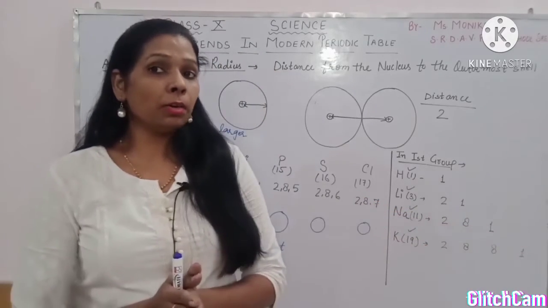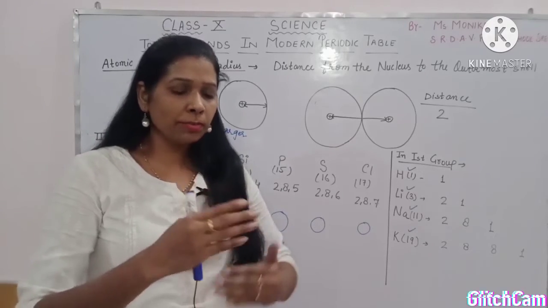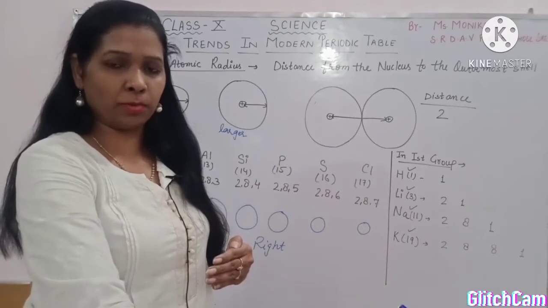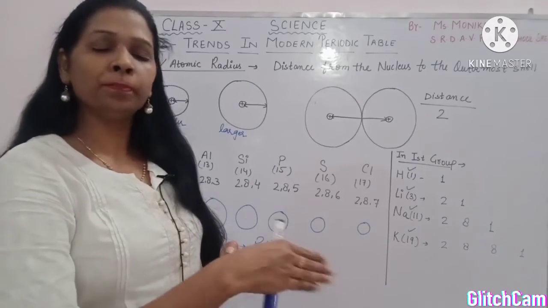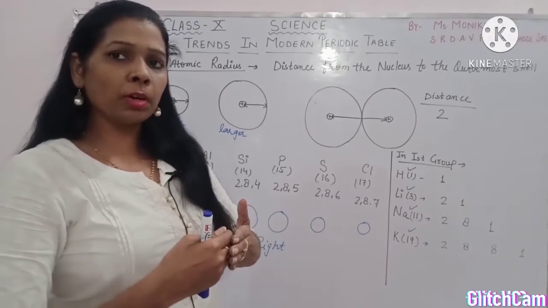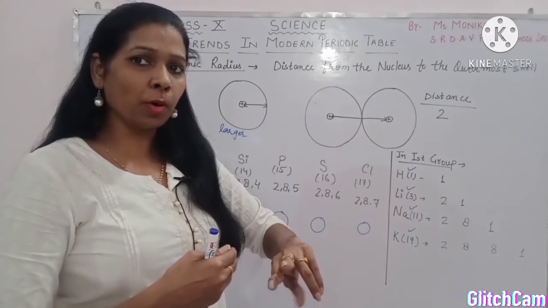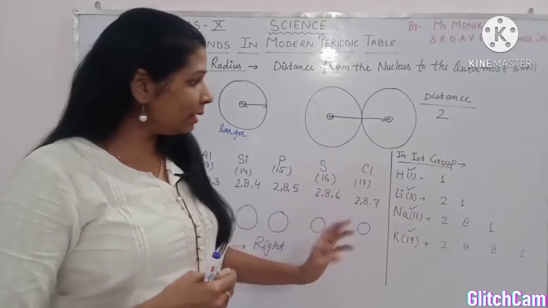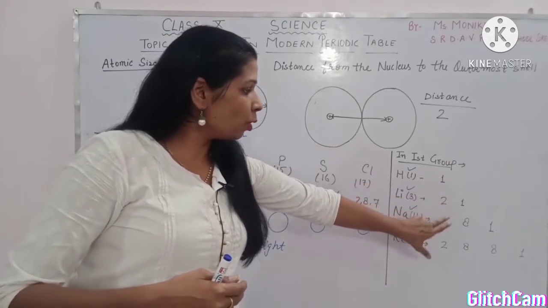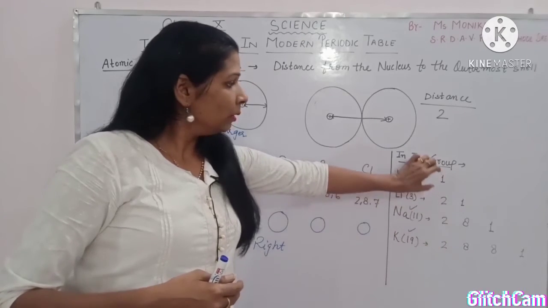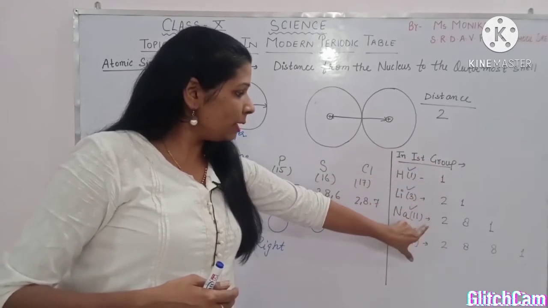So now there are two forces. One force which is applied by the protons to the electrons which are revolving around the nucleus. So one force is applied by the protons, and the second force, which overcomes it, is due to the presence of the number of valency shells. One shell, टू शेल, थ्री शेल, फोर शेल.